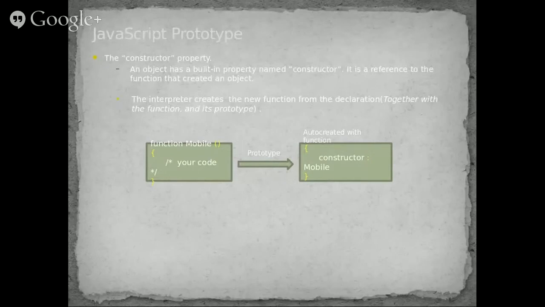When you create an object of this mobile class, this prototype property becomes __proto__. The JavaScript interpreter uses this internally. In modern browsers it can be accessed, but other browsers do not support that. The original purpose of __proto__ is for the JavaScript engine to use the prototype property. I hope many of the developers also know about this __proto__, right?